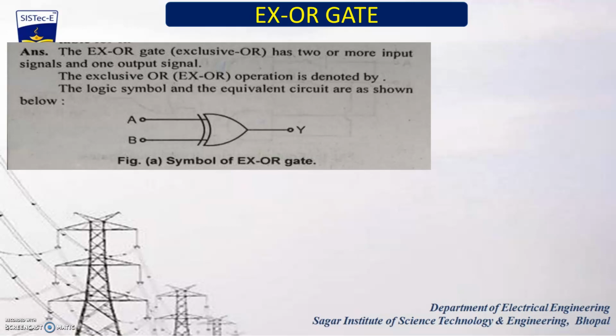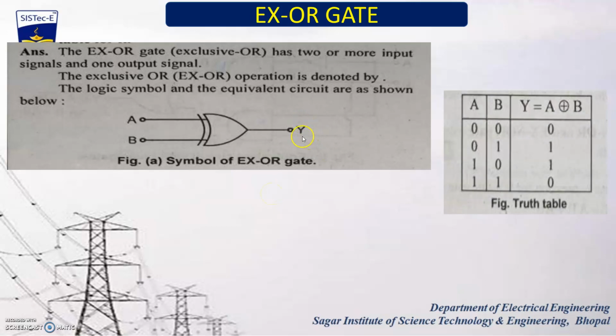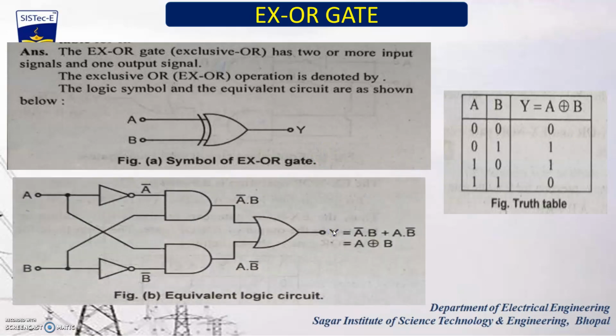I can say the exclusive OR gate. Here I have taken a two-input exclusive OR gate where the inputs are A and B, and the output of this exclusive gate is represented symbolically by Y. The output Y is A exclusive B. Here we will understand what is the meaning of A exclusive B, meaning A XOR B. The output of the exclusive OR gate can be written as A bar B plus AB bar,